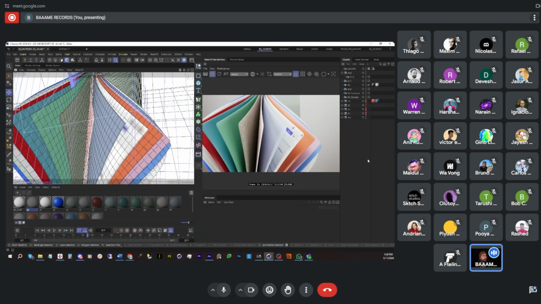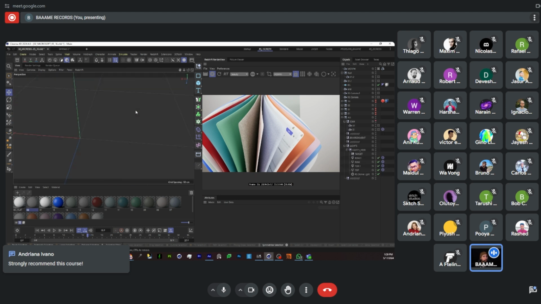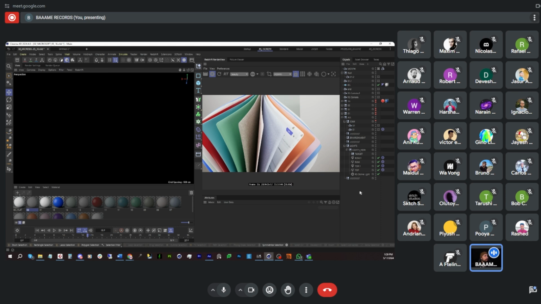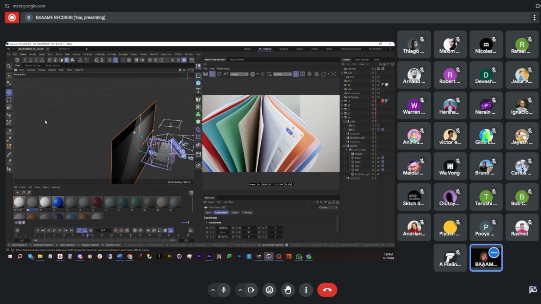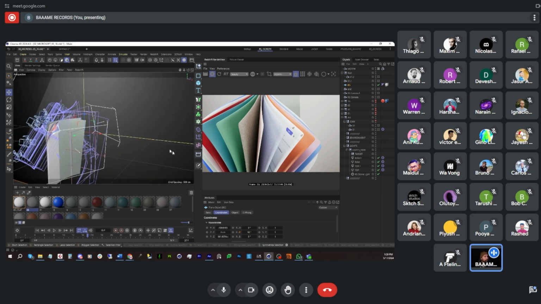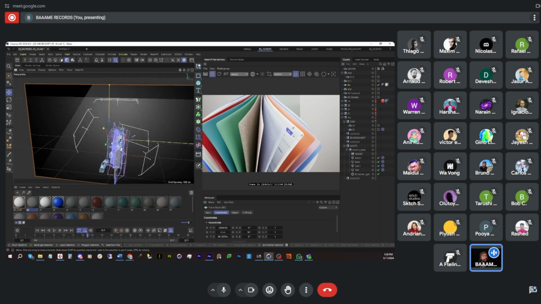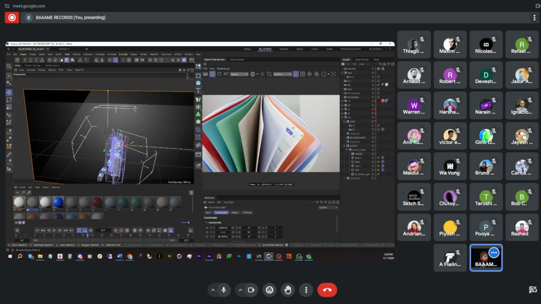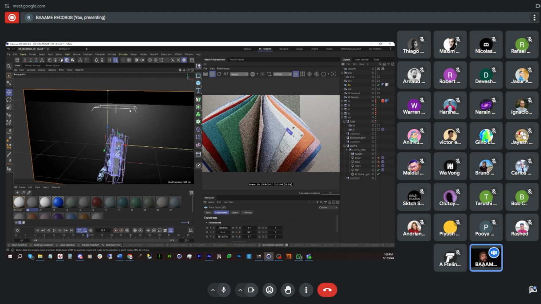Okay, so basically I have here two options to light this. I mean, one option to light and two options to get shaders here. The lights that we use here are super simple. I don't know why the perspective is not showing me anything. Okay, it was too close. So basically what we did here is create a top light over here. This is our main light that is basically creating the separation and the shadows between